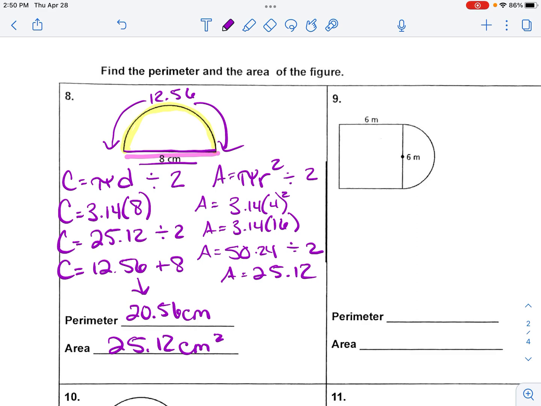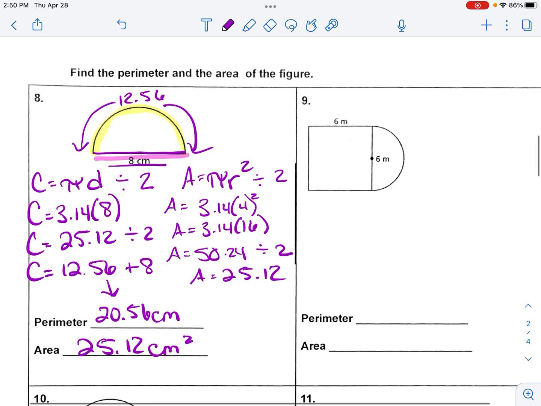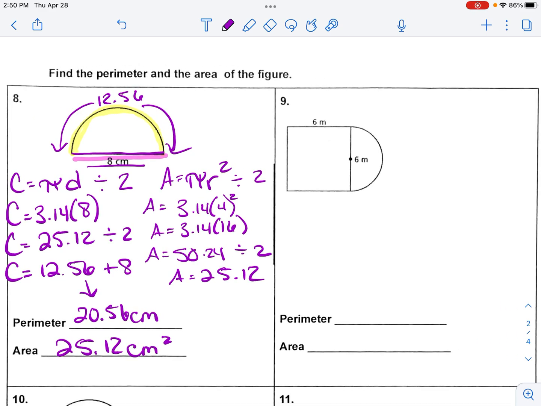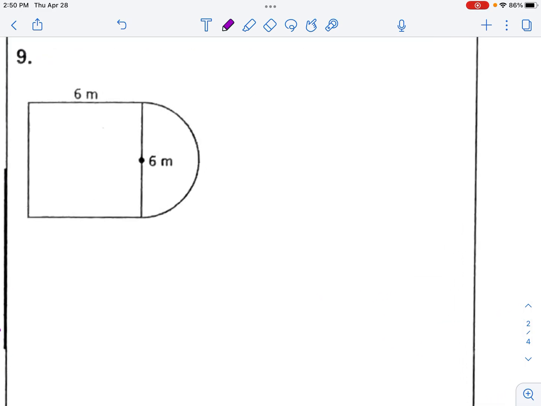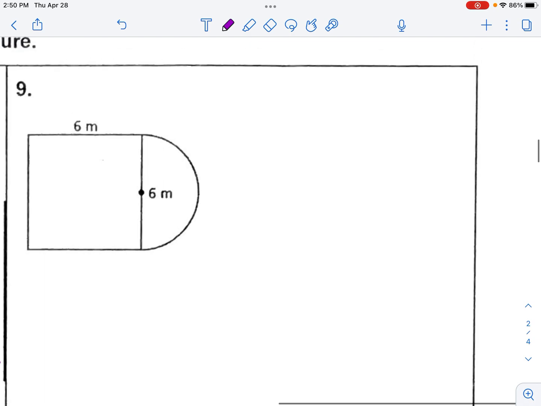Okay, let's look at this next one. Composite figure, we're finding the perimeter and the area. Let's start with perimeter. Let's start with this semicircle, and then we'll have to add the diameter after that. Okay, so perimeter of the semicircle,